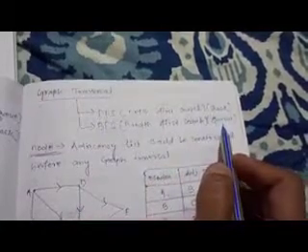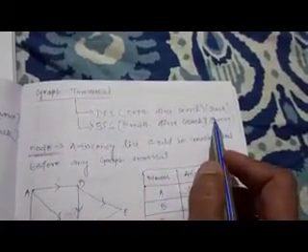DFS means depth first search, which uses the stack, or it can also be called the implementation or application of stack. The second one is BFS, that is breadth first search, and it is the implementation of queue, or in other words, the application of queue. For both techniques, the important thing is the adjacency list. The adjacency list must be created before the execution of BFS and DFS.